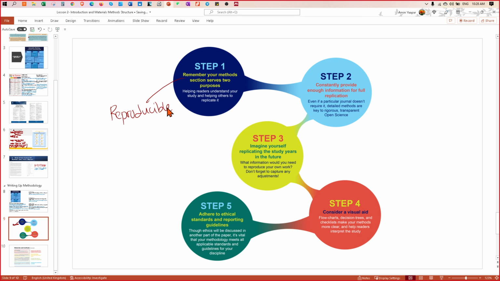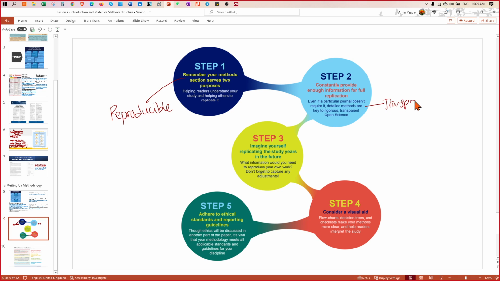This is very important in science. That's how people check whether something is actually the truth or just happened by chance. And that's step two: consistently provide enough information for full replication. So you need to be transparent.